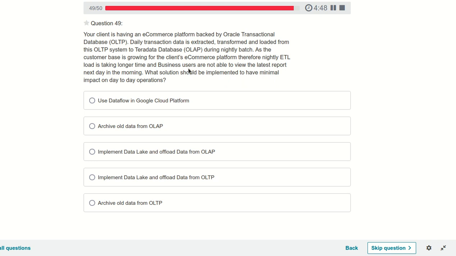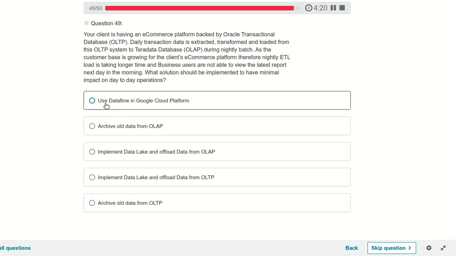So what they are doing is loading some data during the night, but as the data is getting huge, the load job is taking so long that it runs even until morning. In the morning users come and start viewing the report, but the load job is still running because of the huge data, so they face some issues. So how can we solve this problem?